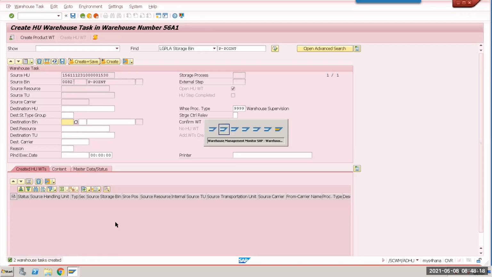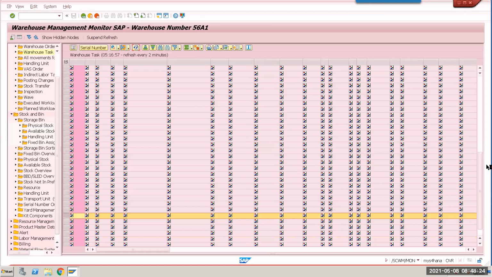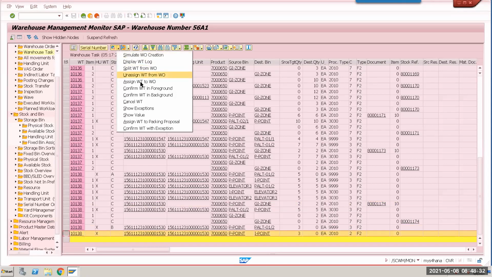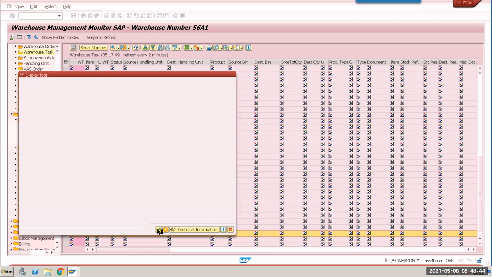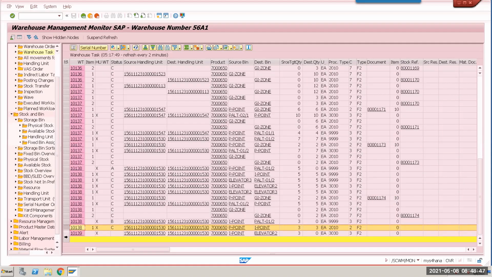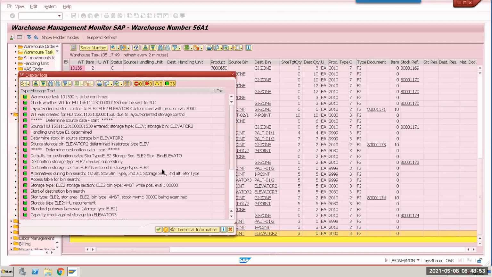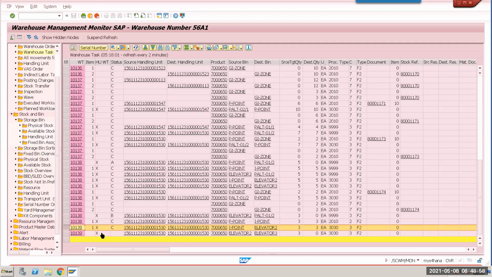Now it is working. So the ID point check was causing this, right? In the storage type level. So now it is going to ID point. From ID point, it will go again to the elevator, elevator 2. So in this case, I think yesterday we were discussing, right? My pick point is on the first floor, the ground floor itself. So that's the reason it is using elevators. Confirm in the background. And then my elevator 2 is the first and elevator 3 is the next.